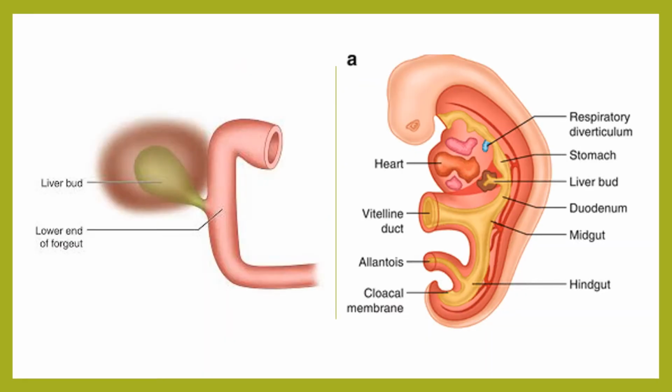So now in the development of liver, the first thing is the liver bud and the duct system, which arises during the fourth week as an endodermal diverticulum at the terminal end of the foregut, that is at the ventral border of the duodenum. So that is the hepatic bud which arises in the terminal end of the foregut at the ventral border of the duodenum. So once the hepatic bud forms, the growth of the hepatic bud occurs.